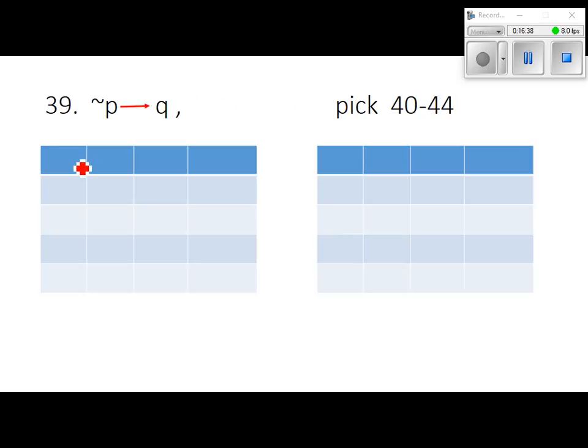On 39, look at 39 real quick. That arrow, I might have forgotten to mention it last time, I'll use it every now and then. That arrow just means implies. It's just like all the other stuff that we had, but it's just another way to write it. So don't let that confuse you. You'll see me do it all the time throughout the year. I'll do something like